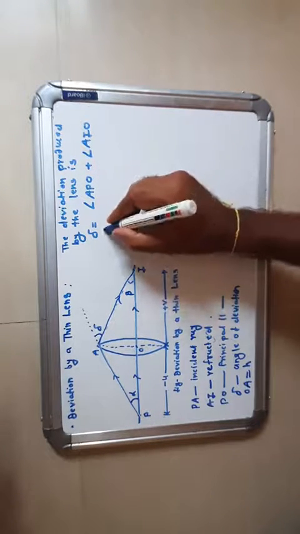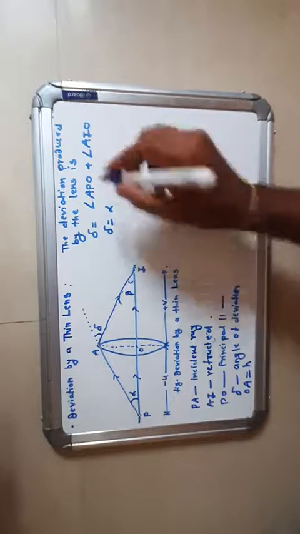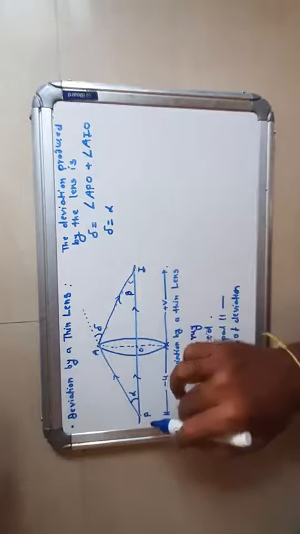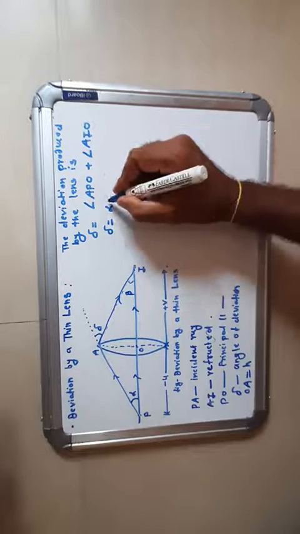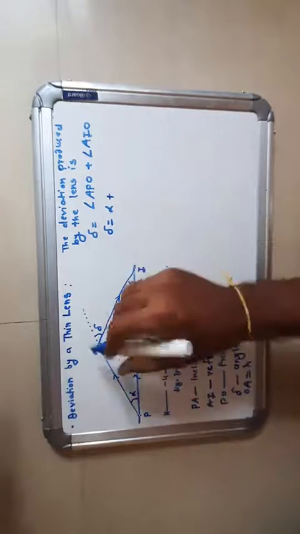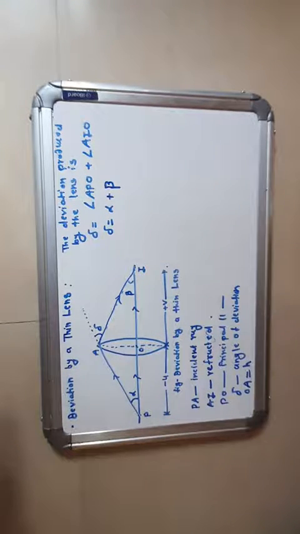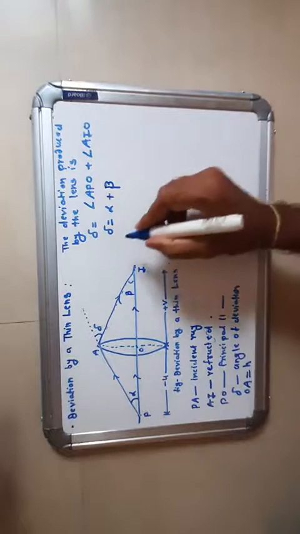Then del is equal to angle APO. Angle APO in the figure is alpha, plus angle AIO, which is beta, right? That means the angle of deviation del is equal to alpha plus beta. Okay, from the figure,